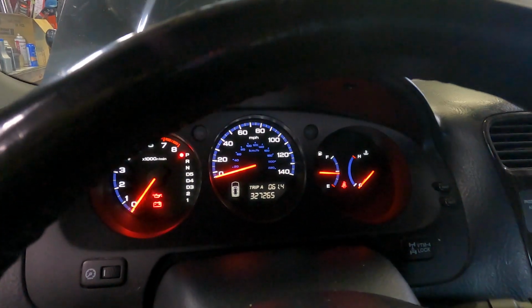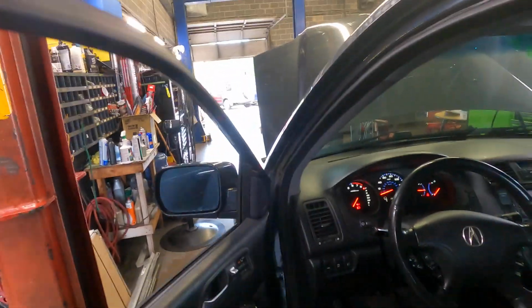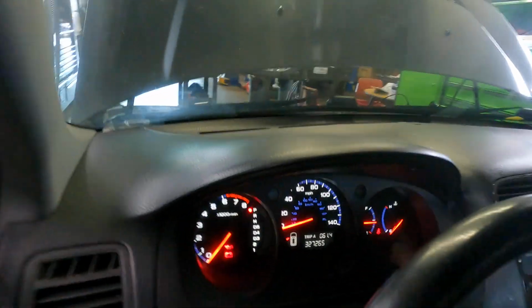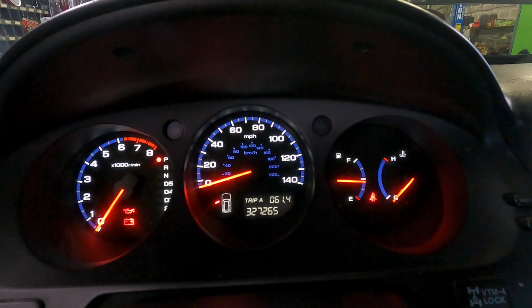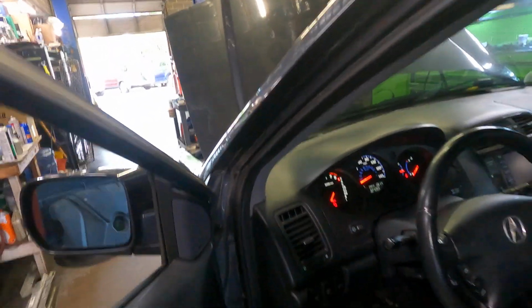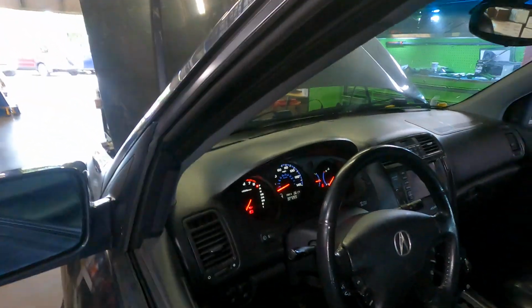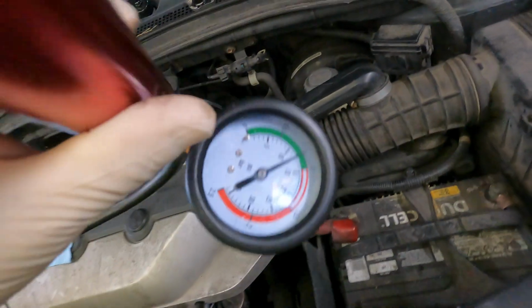So the next step was we went ahead and pressure tested the system, the coolant system. And by the way, this only happens when the engine's been sitting for more than 5 to 6 hours. Otherwise, the car does not miss. It runs really clean. It does not overheat. There's no other complaints whatsoever. So what we did was we pressure tested the system,